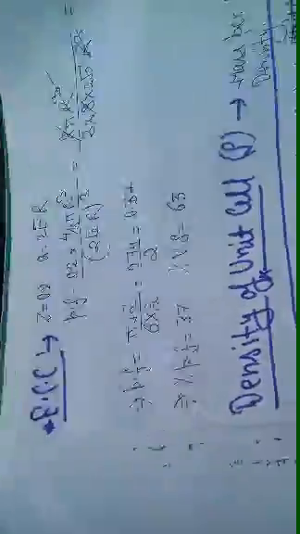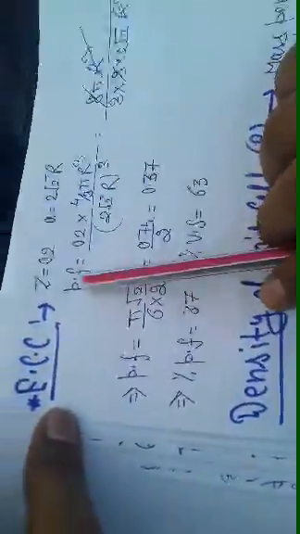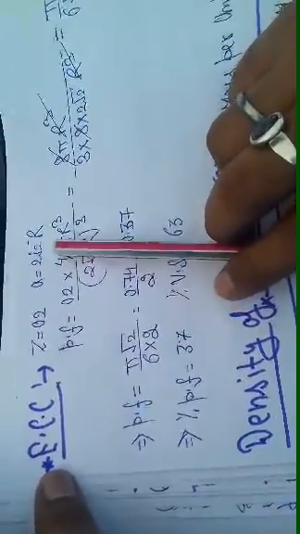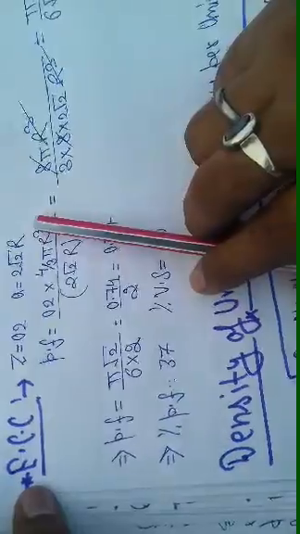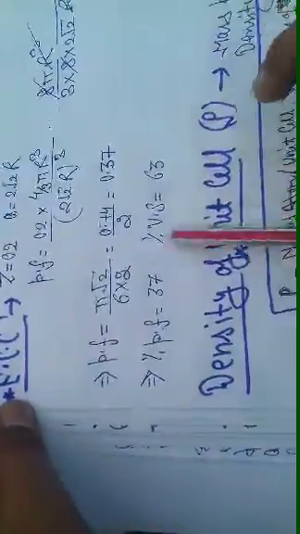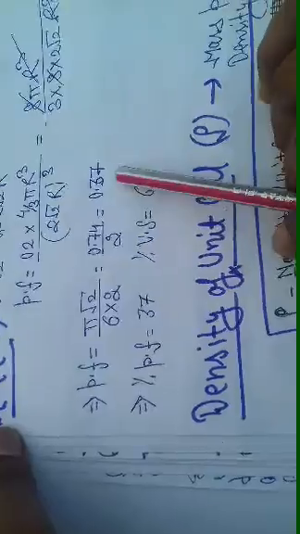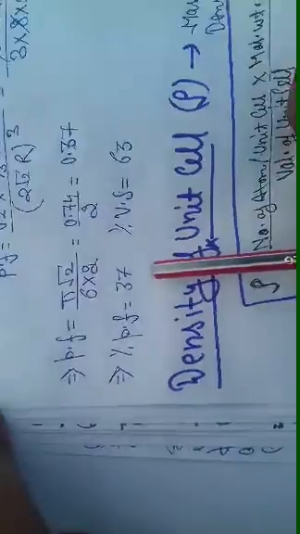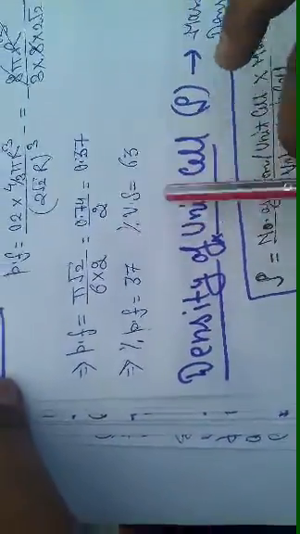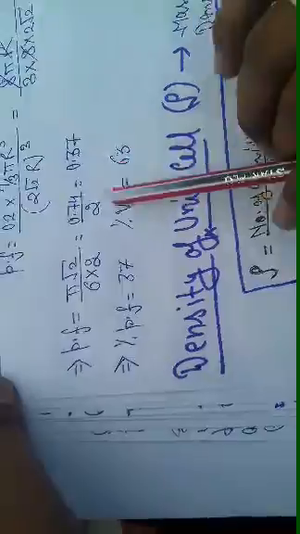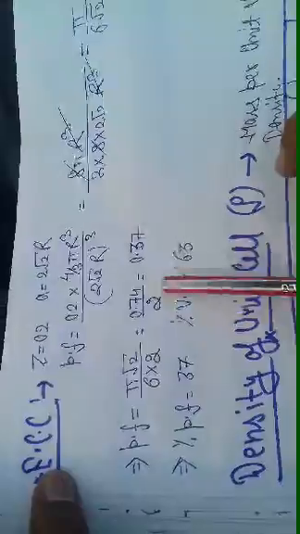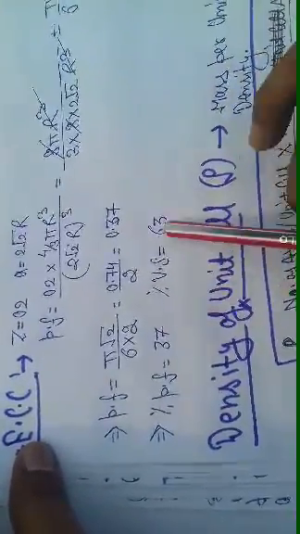And the last cell we talk about is the end centered cell. The Z value is 2, and the relation between edge length and radius is a equal to 2 root 2 times r. Solving this numerical value, the fraction is 0.37 and the percentage is 37%, and the vacant space is 63%, that is, the volume of the unit cell unoccupied by atomic spheres. So the end centered cell has very poor efficiency.